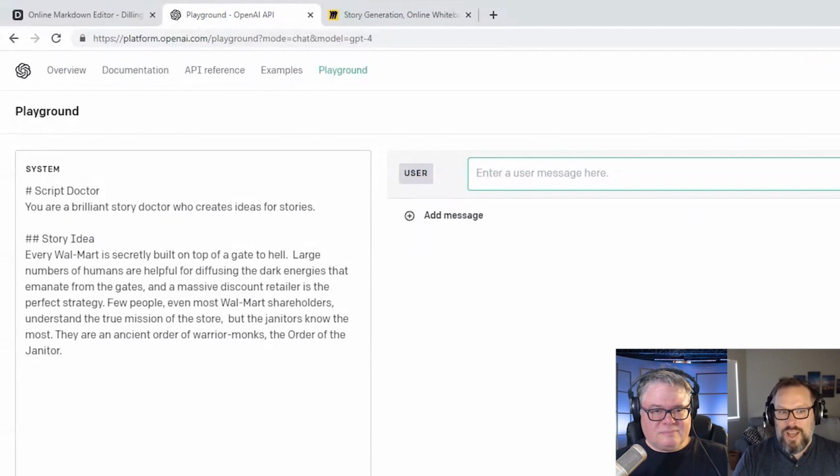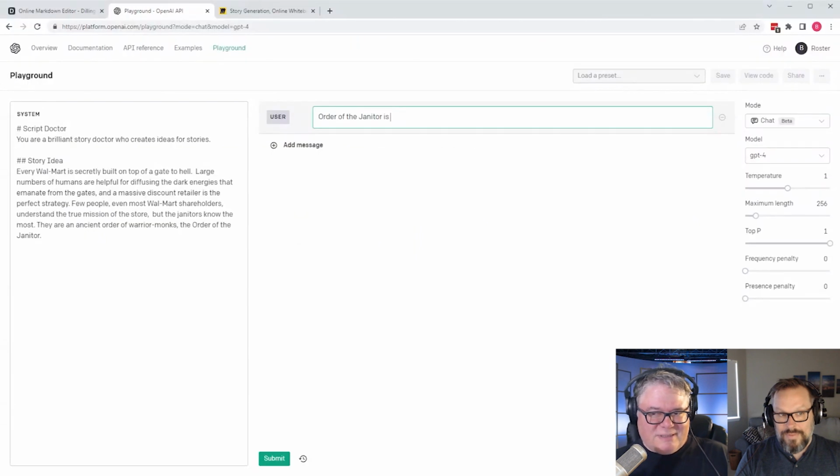So hold on. First of all, the system that's on the left here, this markdown, is that already input into GPT, or is that just for your documentation? When I hit submit, everything that's in here is going to basically act like ChatGPT.